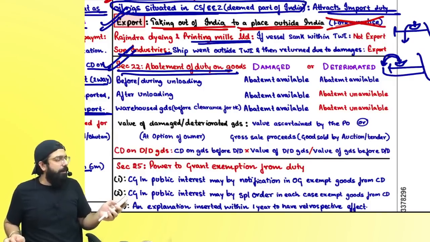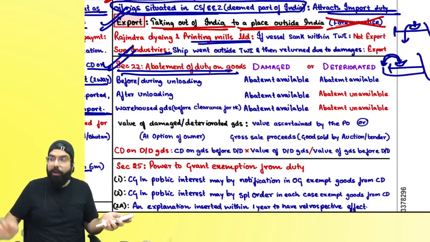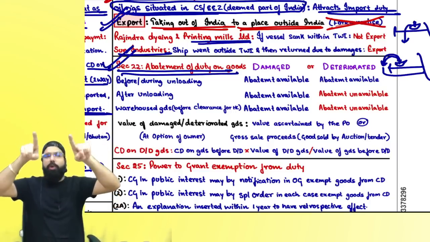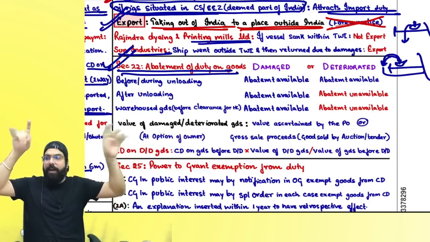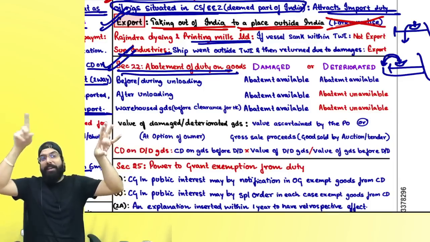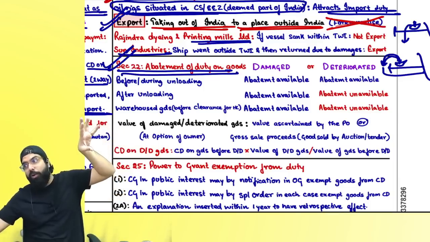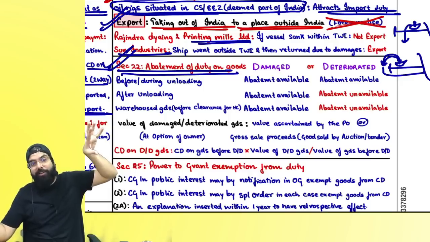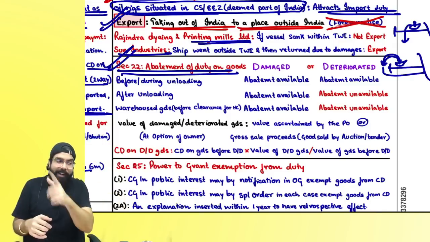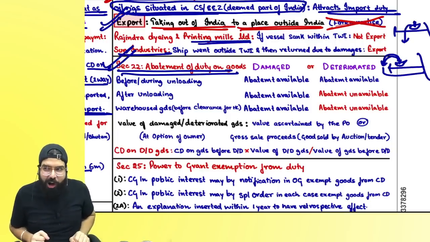We went ahead and learned about section number 12, which told us custom duty is levied on goods imported or exported from India. Now, section number 12 says when goods are imported or exported, custom duty will come. But that is subject to section number 13, goods pilfered, duty pilfered. Section number 22, goods lost, destroyed, duty lost, destroyed. Goods abandoned, duty abandoned. Section number 24, goods mutilated or denatured, duty on such denatured or mutilated goods.